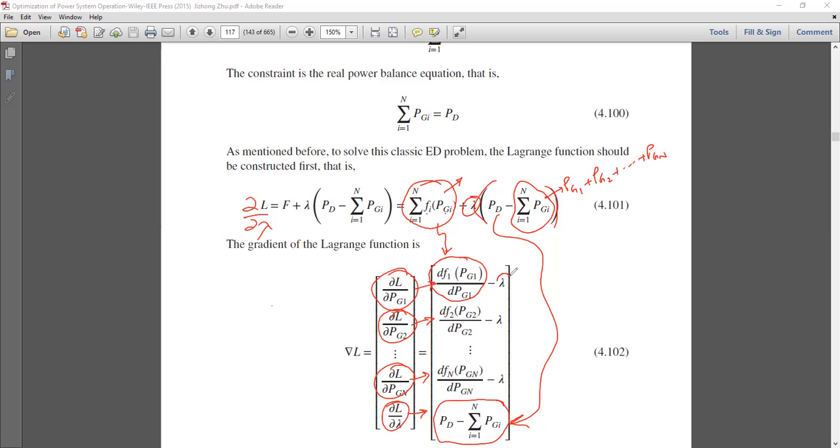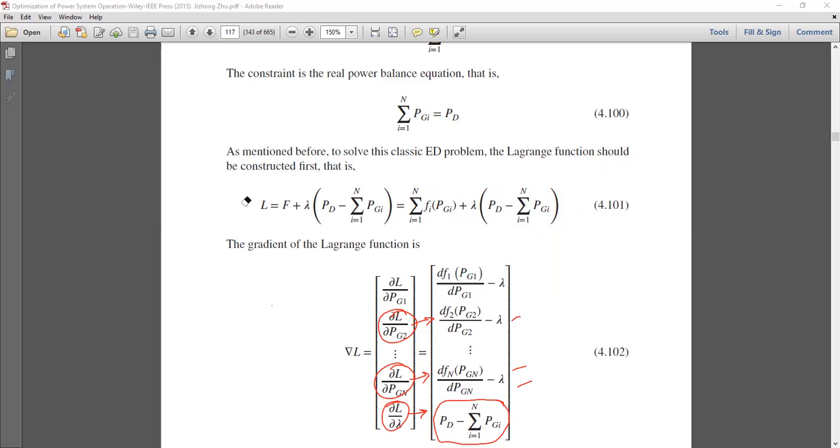The second term is coming out of this block. Okay. And all the same for all the other entries. You should be able to do this. Straightforward. So once you calculate the gradient,